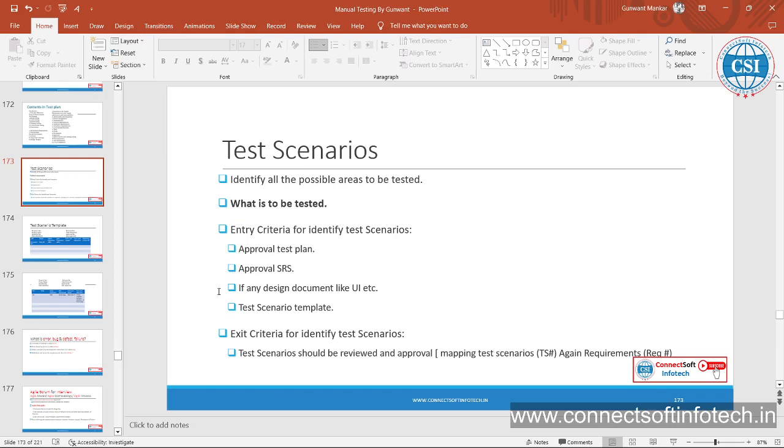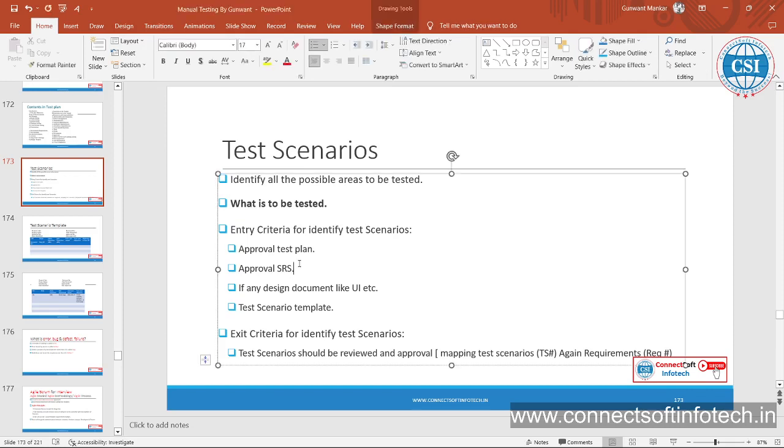सो कहने का मतलब ये है कि उसके लिए अप्रूवल होना चाहिए सारे डॉक्यूमेंट. जब भी हम टेस्ट सिनारियो लिखते हैं तो एटलीस्ट एसआरएस अप्रूव्ड होना चाहिए. एफआरएस कब लिखते हैं? जब एसआरएस अप्रूव्ड होता है. ठीक है, तो एफआरएस पहले अप्रूव्ड होता है कि एसआरएस पहले अप्रूव्ड होता है? सारे। हाँ, तो इसीलिए हम यहाँ पे लिखते हैं कि अप्रूव्ड एसआरएस, उसके बाद एफआरएस बनता है।